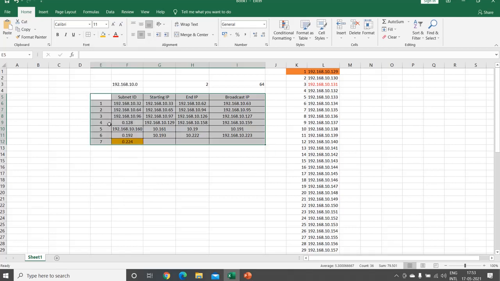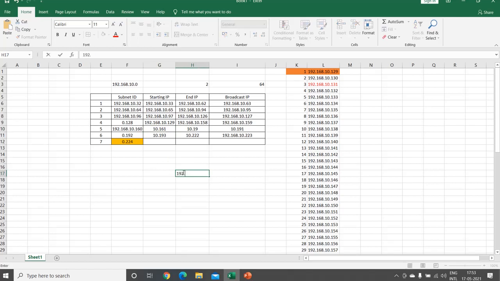So from exams, if they ask what is the first address of your fifth subnet, you should be able to type and choose the best answer. You can easily say 192.168.10.161. That is the first IP address. They may ask what is the second IP or third IP address also in the fourth subnet, third subnet, whatever it is. So you should be fast enough to build the tables at least for 10 lines, within 2 minutes of time.